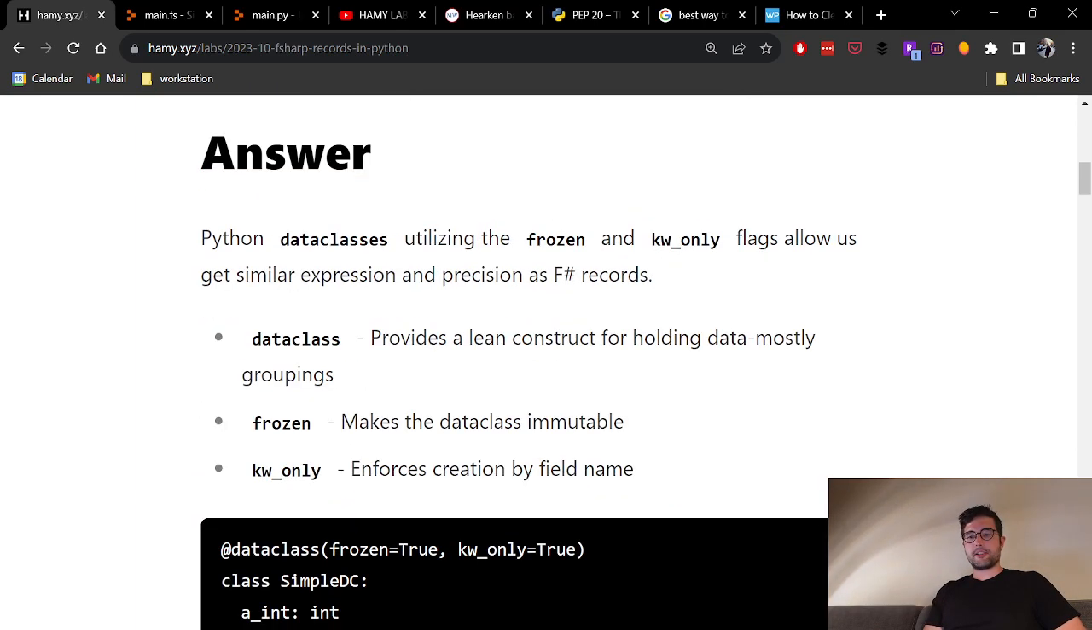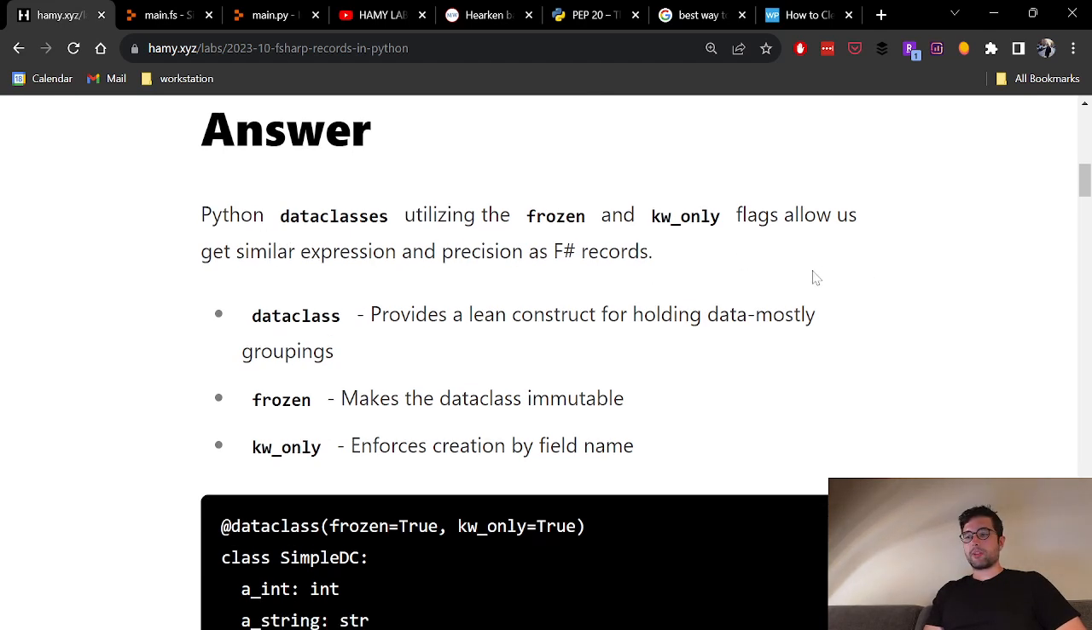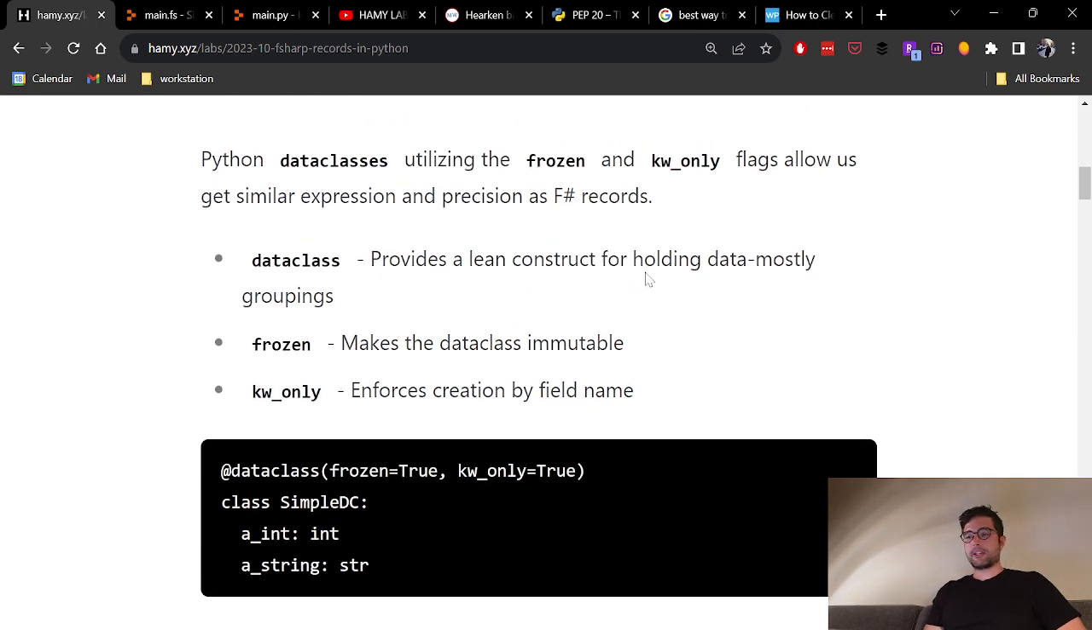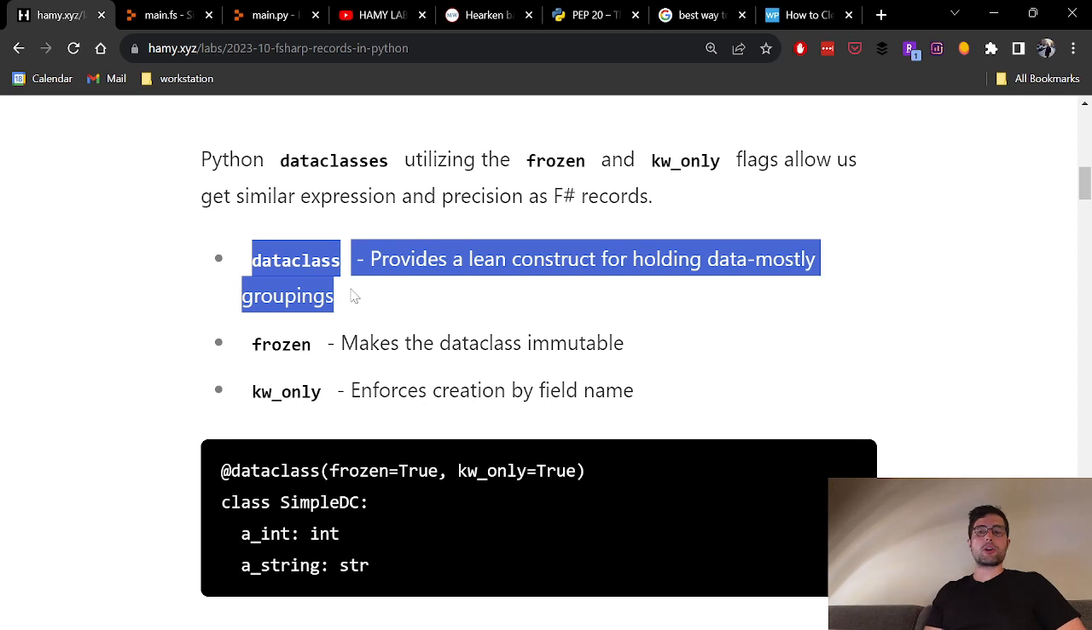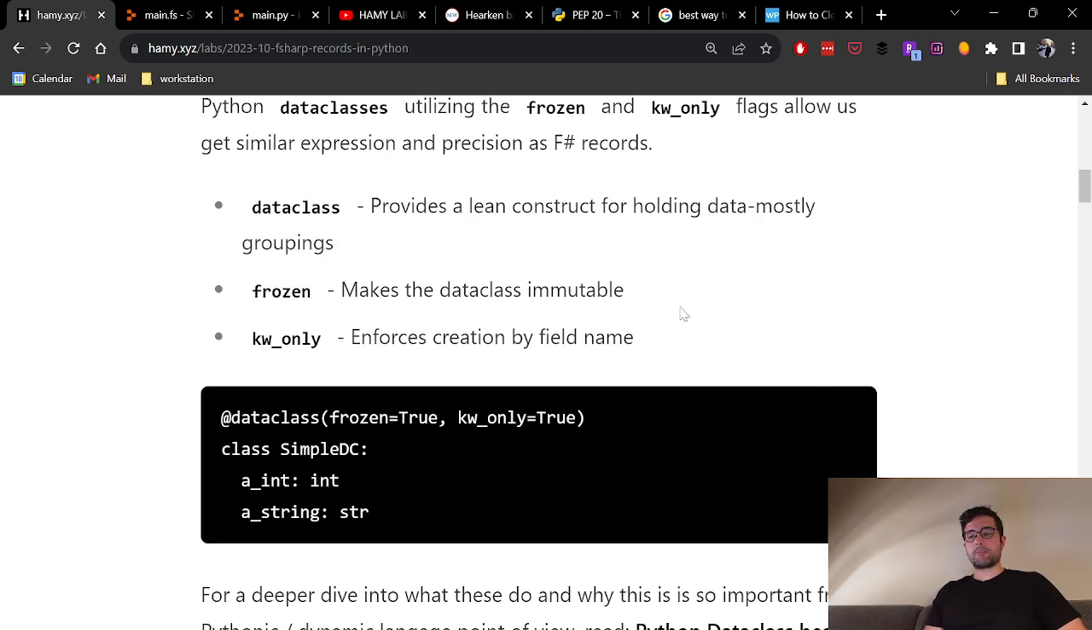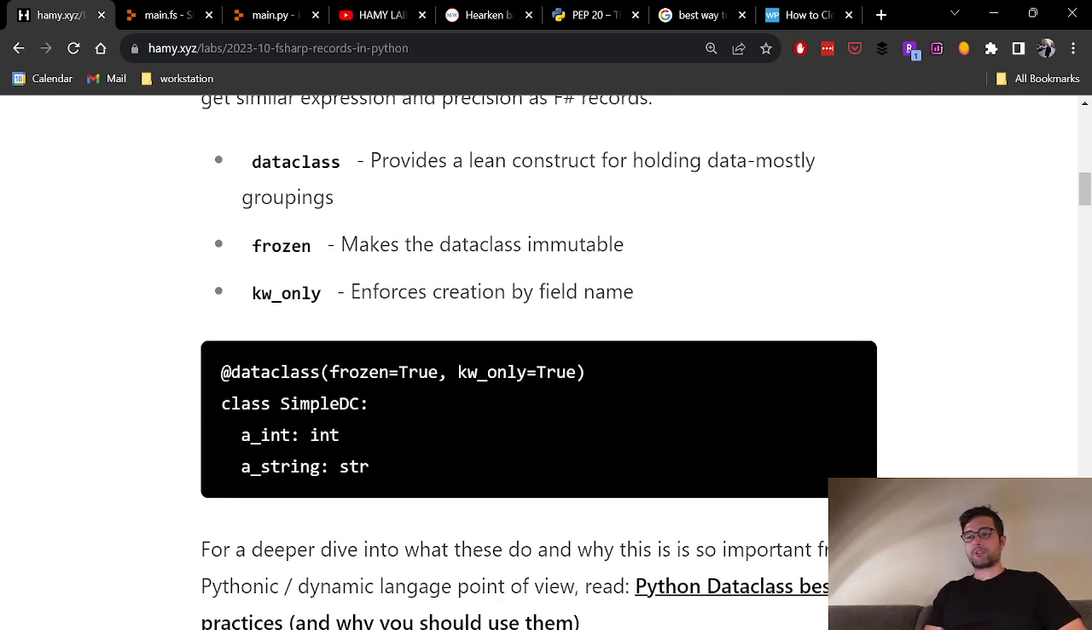All right, here's the TLDR answer. Python data classes utilizing the frozen and keyword-only flags allow us to get similar expression and precision as F-sharp records. We can use data class to provide a lean construct for holding records, or data that's mostly groupings, and this is basically what records are in other languages like F-sharp. Frozen allows us to make the data class immutable, which is something we get by default in F-sharp records, and then keyword-only enforces the creation by field name, which we get by default in F-sharp for most things, records included,